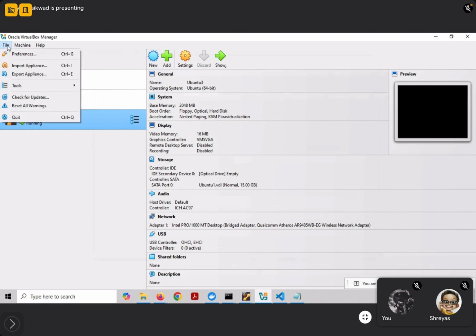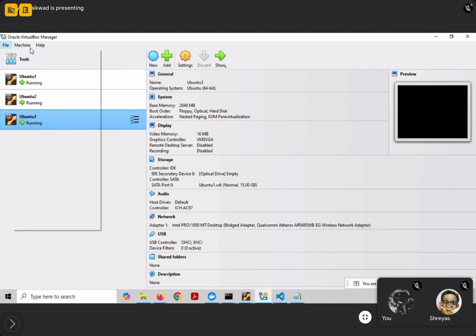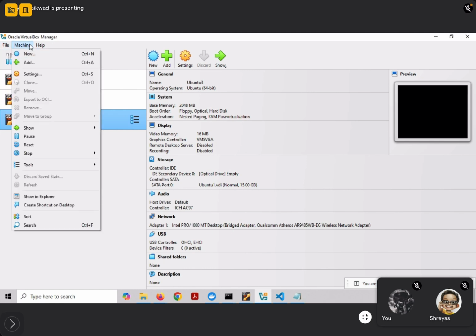The file menu has different options like preferences, import appliance, export appliance, tools, updates, reset warnings, and to close the program. The machine menu has options related to machines: new, to create a new machine; add, to add an existing machine setup; settings, to modify the settings of a selected machine. The start option indicates the options to start a machine. Pause, to pause a running virtual machine; reset, to reset it to the initial settings; and stop, to power off